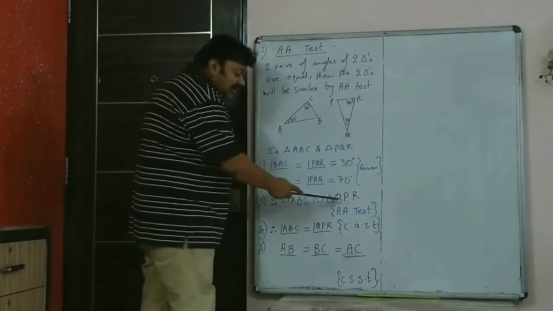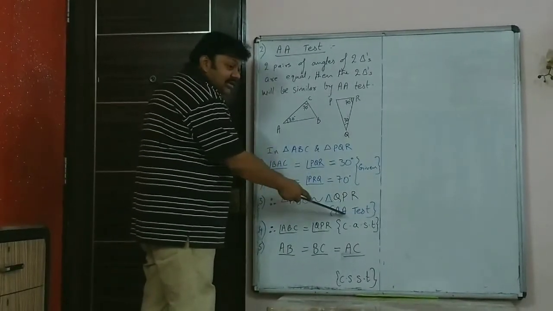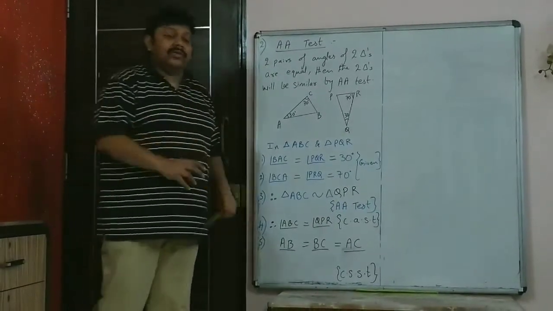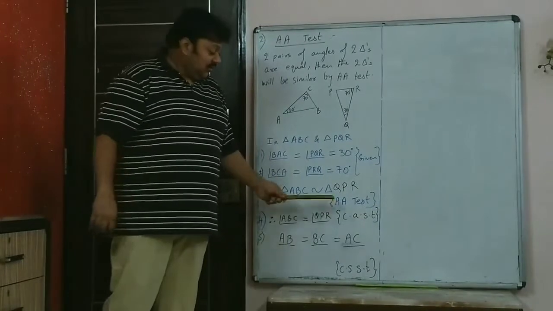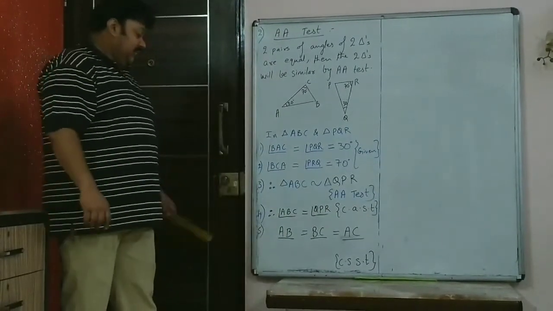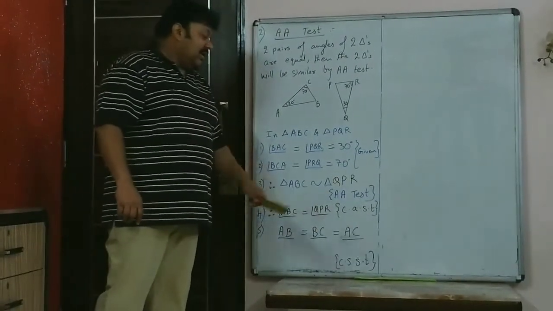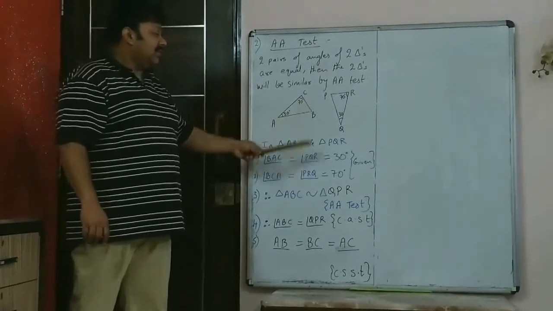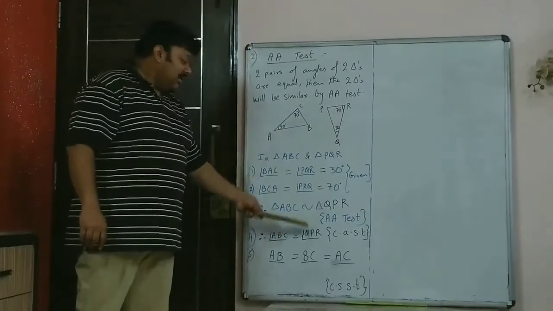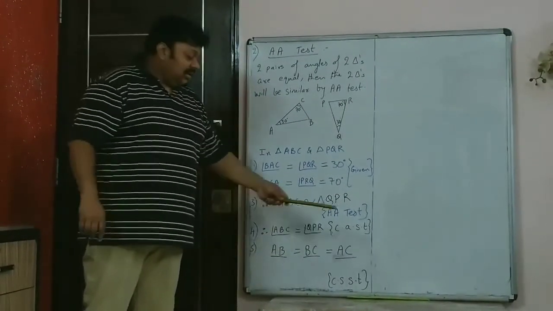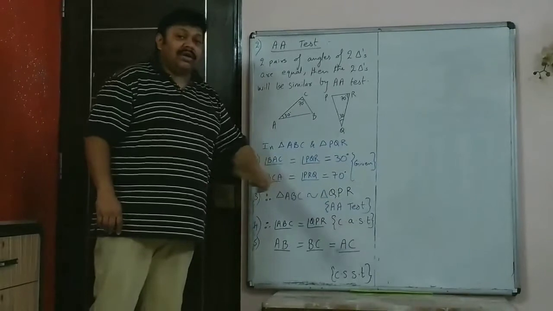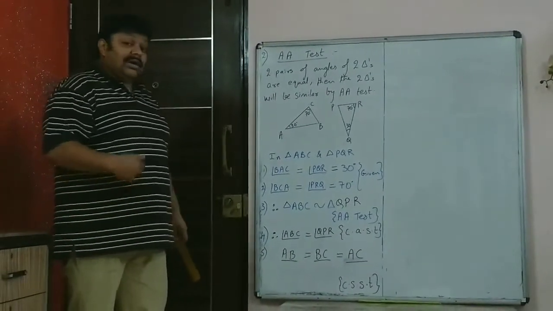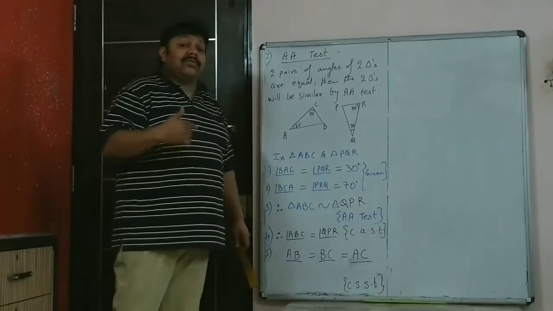Once you have written this in the proper sequence, it's very important that once you prove triangles similar, you have to write by which test. If you don't write this, you lose marks. So once you have written that, then you can easily say that angle B, that is angle ABC, and angle QPR, they are equal. Why? Corresponding angles of similar triangles are going to be equal. Also, you can write the corresponding pair of sides are proportional.